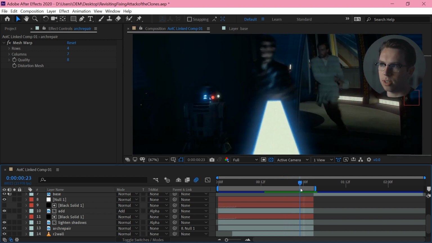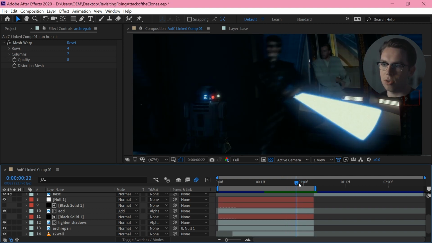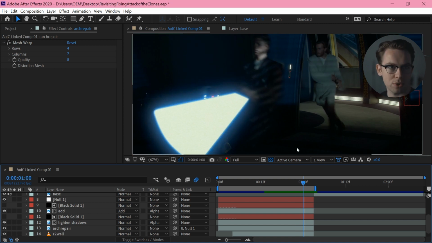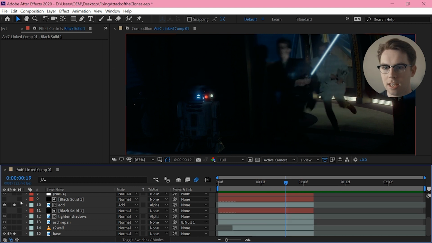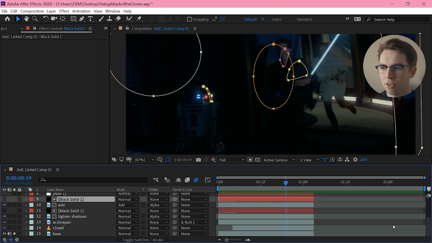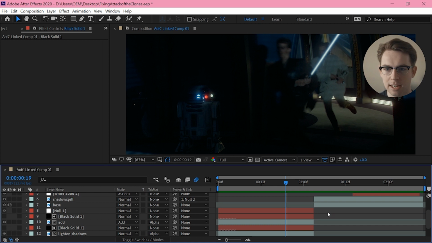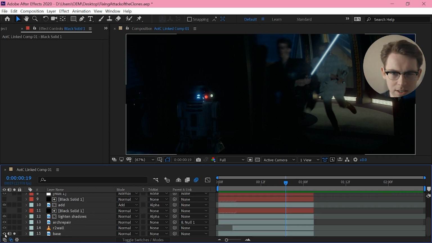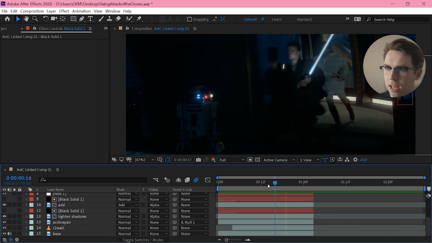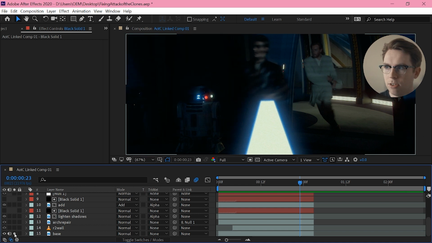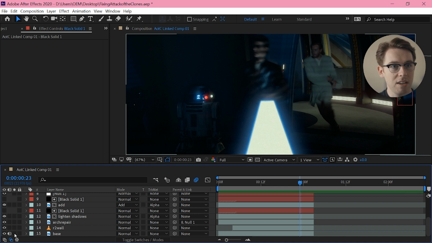We could go and touch it up, or we could do a different type of motion tracking, which I'm sure we will get into, but I'm not going to worry about right now, and obviously I didn't worry about back then either. It's pretty cheap and hacky, but there you go. It's not a bad way of adding a bit of light. So that's technically all of shot 1, and definitely if you compare this to this, it does at least kind of look like the lightsaber is lighting up the room.